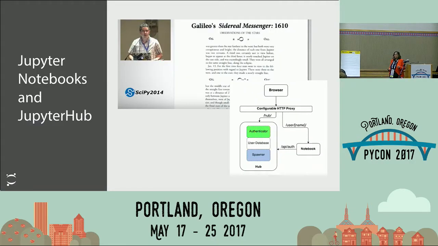All right, so really quickly, Jupyter Notebooks, and some of you might know it as IPython Notebooks, and JupyterHub are fairly young projects that have seen tremendous growth recently in science, data science, and education. Fernando Perez, Brian Granger, and the entire Jupyter team have really taken Galileo's concept of notebooks and brought these notebooks to life and made them accessible to many people from many different disciplines. And we'll talk a little bit more about that in a few minutes.